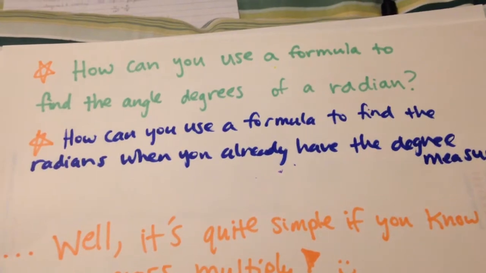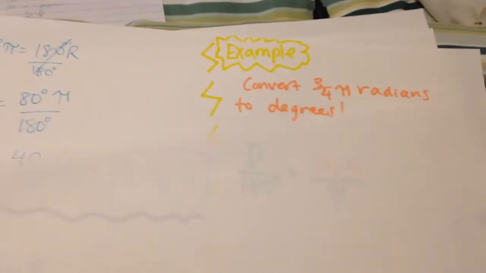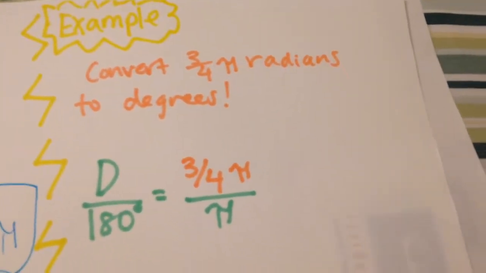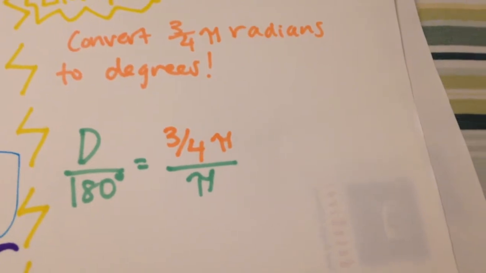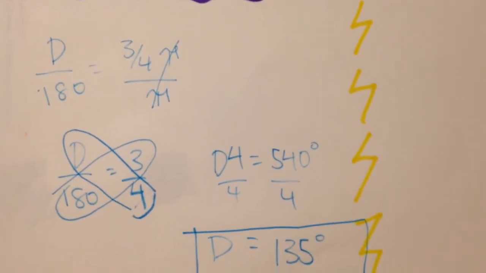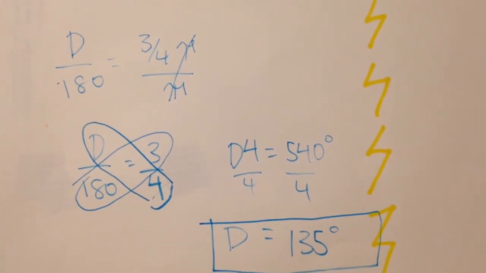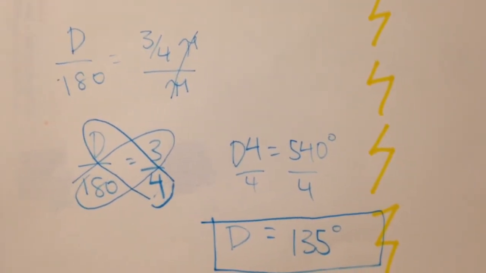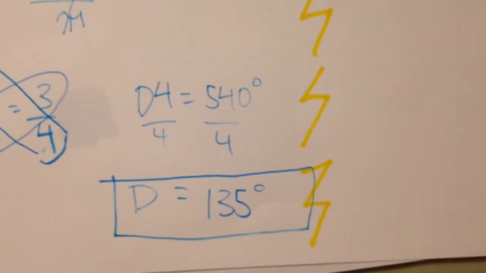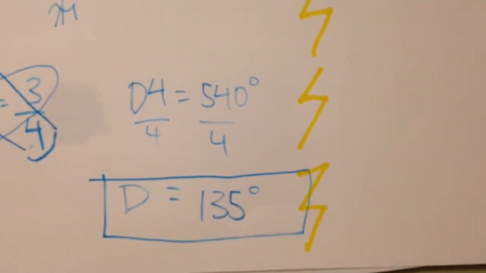Now with our second example, we can go back to the question of how can you use a formula to find the angle degrees of a radian. We can convert 3/4 pi radians into degrees and replace R with that. With that, we can cross multiply once again, and since there's pi on both the numerator and denominator, we can cancel that out. Then cross multiply, divide by 4 on each side, and then your degree measure should equal 135